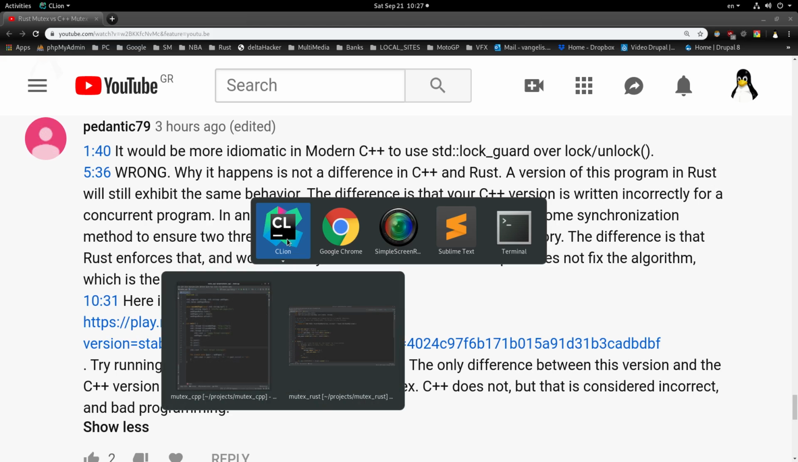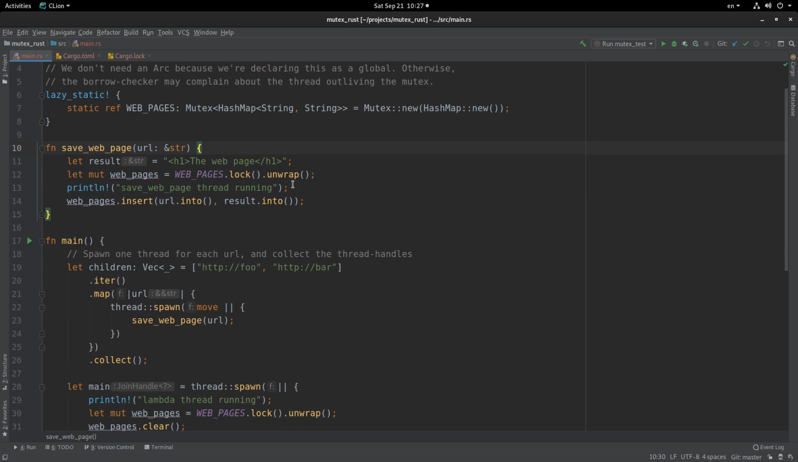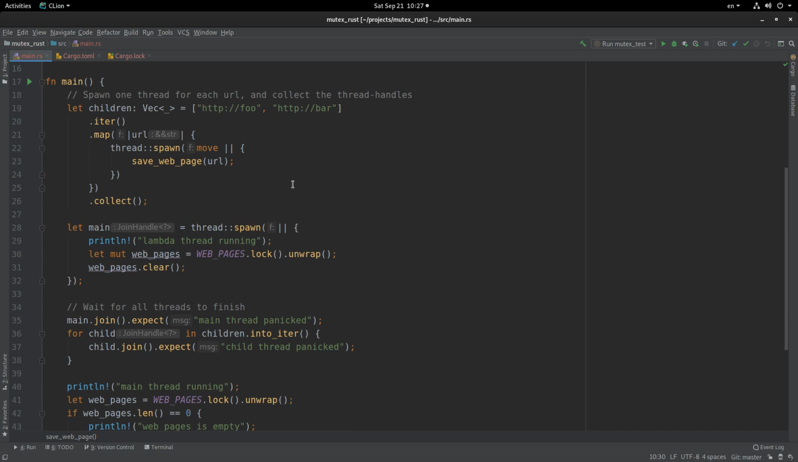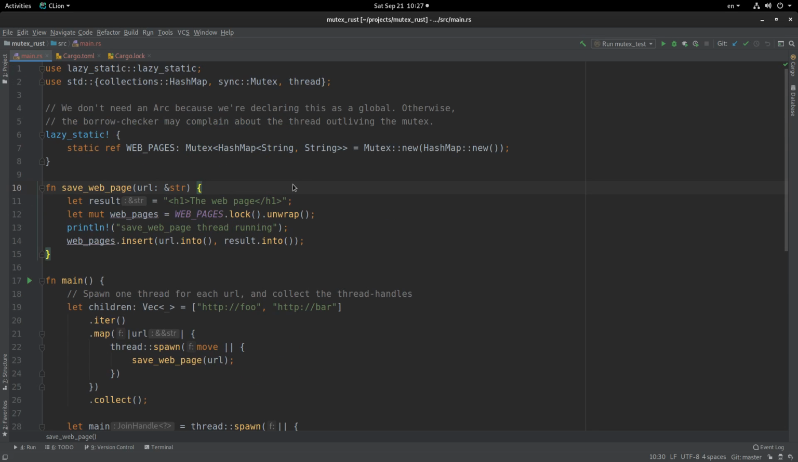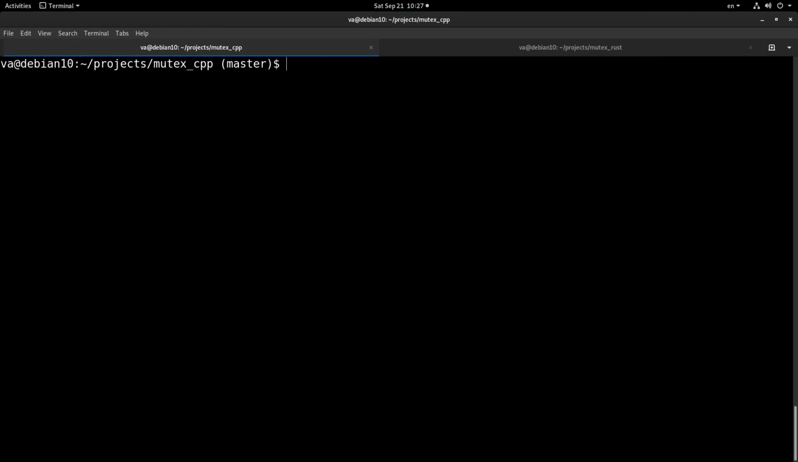Let's see the program in Rust. Here is the program. It's identical to the program we created in C++. You can check the previous video for that version. This is the program, so let's try running it here. And if we say cargo run,